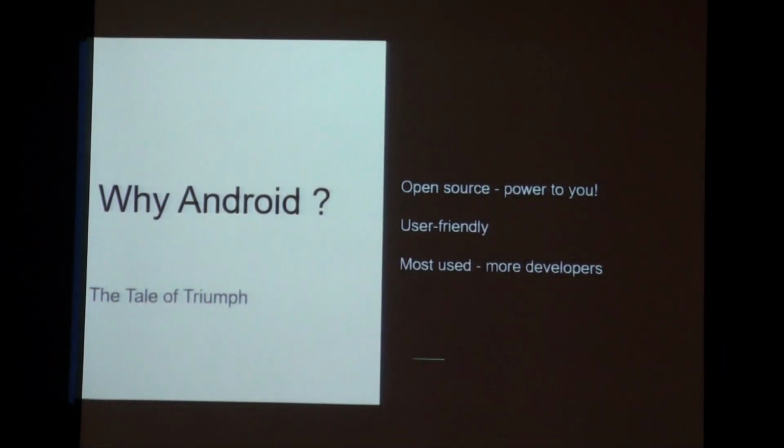So why Android? The answer should be pretty simple, because we can see Android devices everywhere, and that pretty much explains this particular aspect as well. So open source, that is one of the reasons, because not all the mobile operating systems are open source. If we take iOS or Windows operating systems, they're not really open source. So Android is one mobile OS that is totally open to everybody. So you can build your version of Android and do more than that. And then it's user friendly, of course.